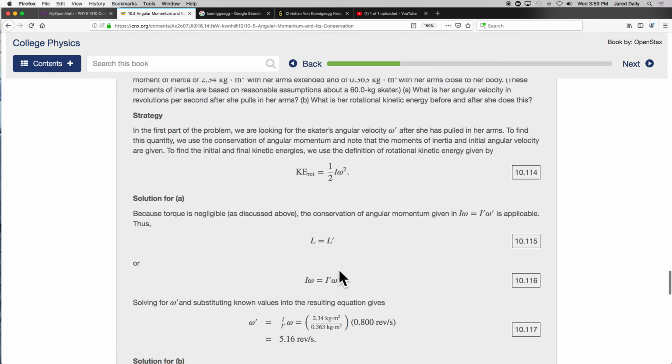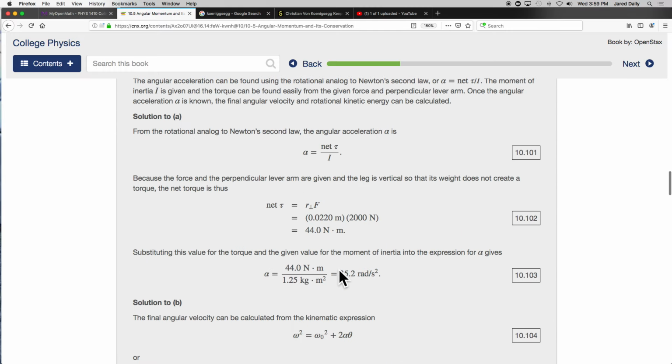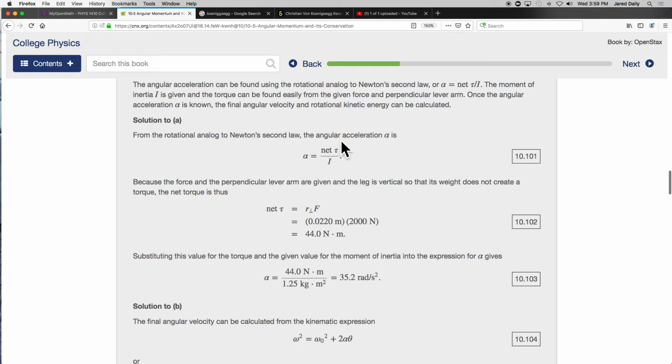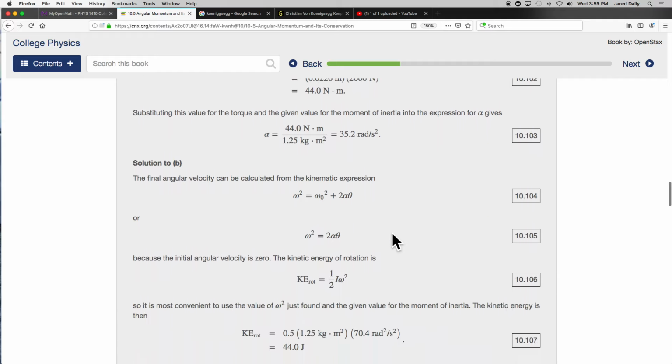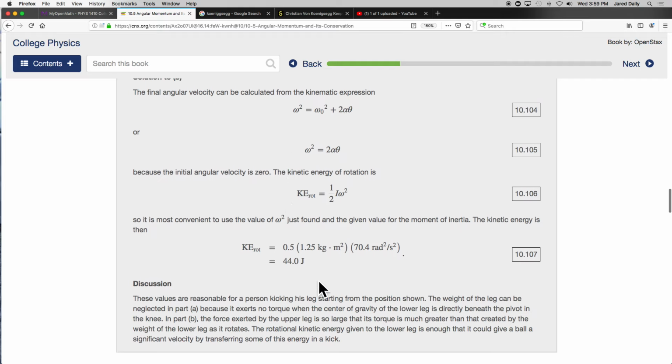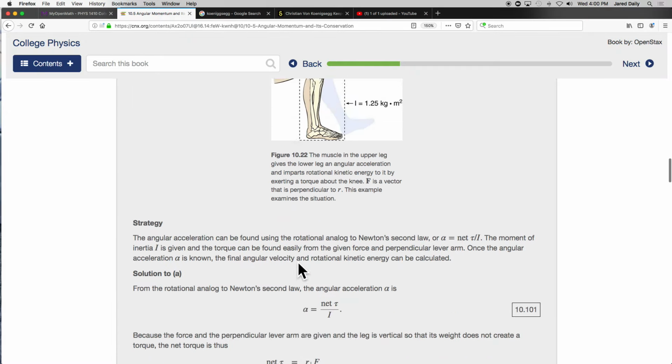So what we do in this example is we have our alpha equals net torque over I. The net torque is going to be the force times the distance, or the force times the radius. Calculate that really quick. We calculate our alpha, which is going to equal the net torque over I. So we go ahead and calculate that, 35.2 radians per second squared. And then they use the kinematic expression to calculate the final angular velocity. Or you can use the kinetic energy to calculate that, because the kinetic energy equals 1/2 I times omega squared, and we know that the kinetic energy has to come from the work. So the work that we did,